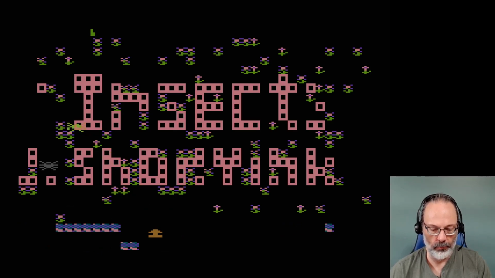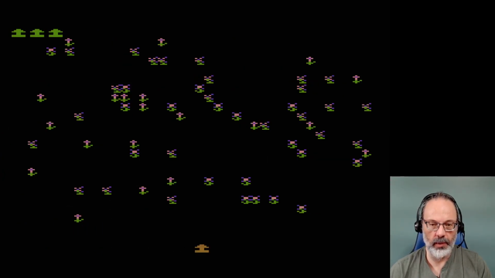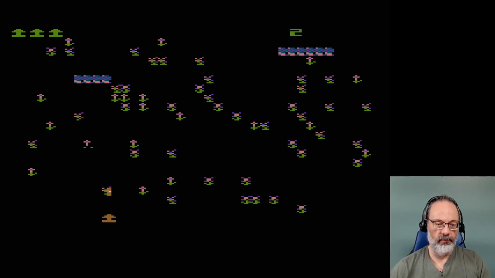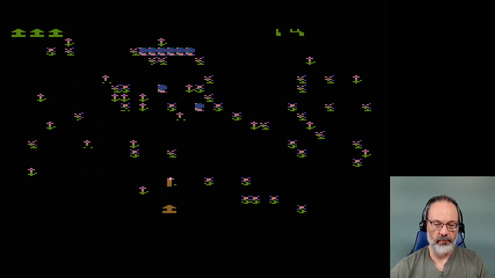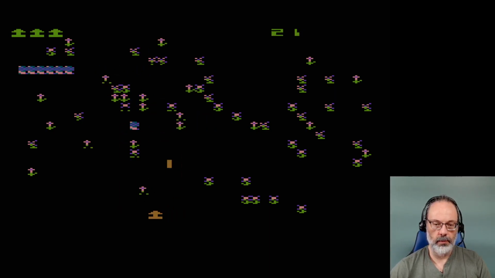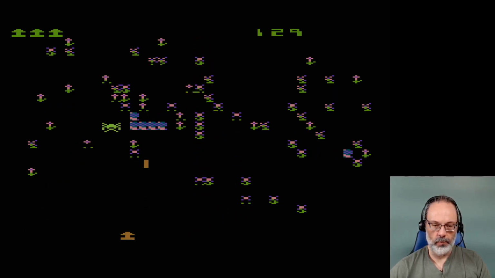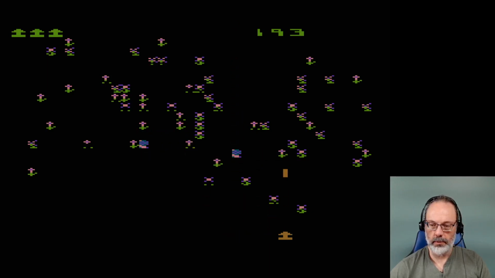Can you shoot? No. Select an option, do nothing, start. There we go. Yeah, very much Centipede, which was obvious from the title screen as well. Runs at a reasonable speed. Oh, okay. And a spider that goes in a... So the fleas start right off the bat, I guess, assuming they're fleas. But anyway, I'll just...